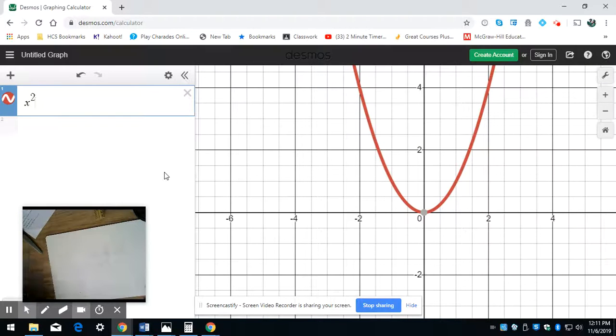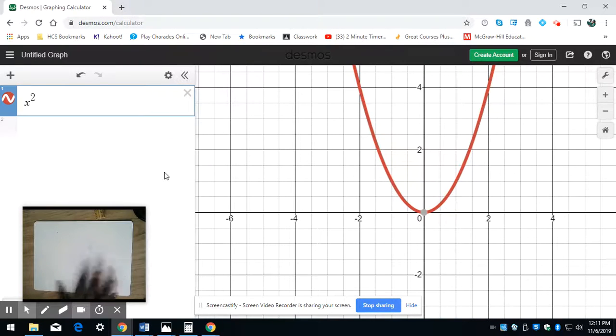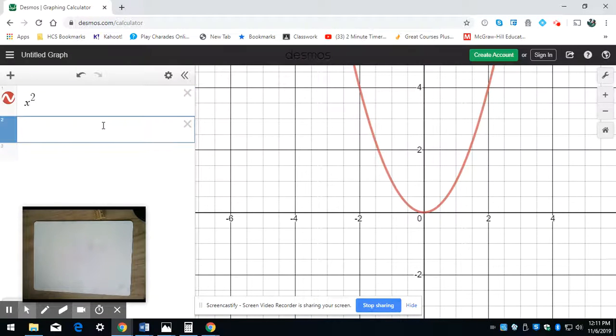All right, so now we talked about translating or moving, shifting to the left, to the right, and so on and so forth. Now we're going to talk about what happens if I want to reflect. So looking at this, if I have f of x equals x squared,